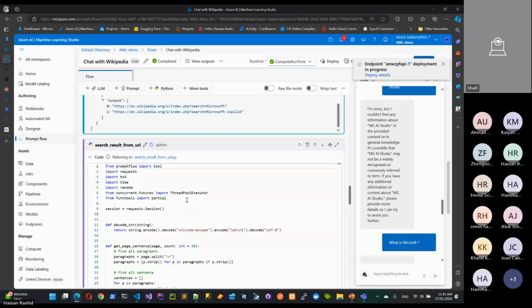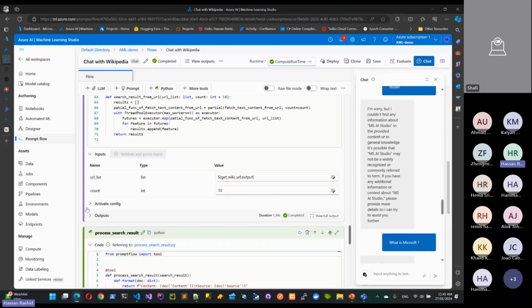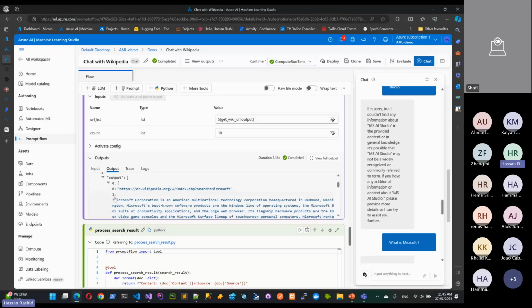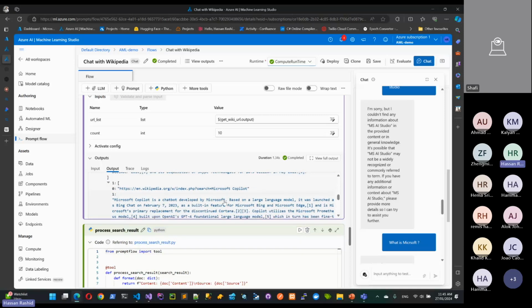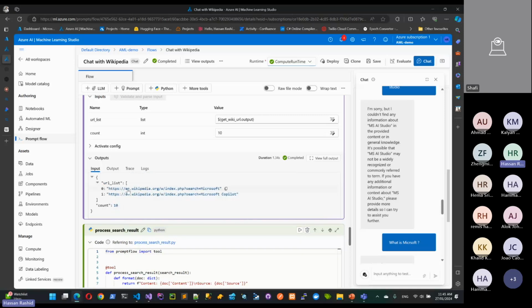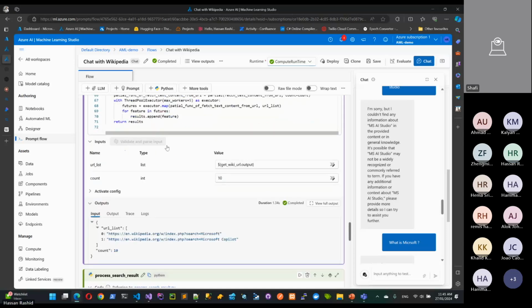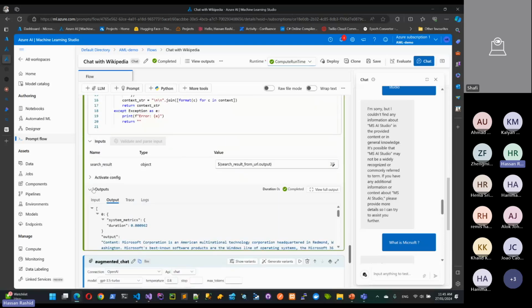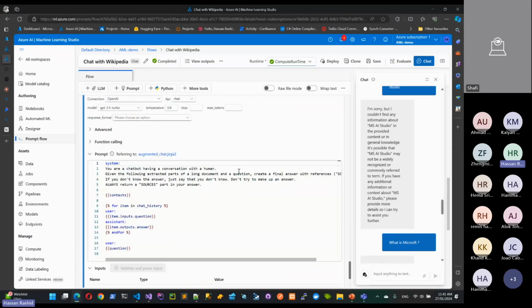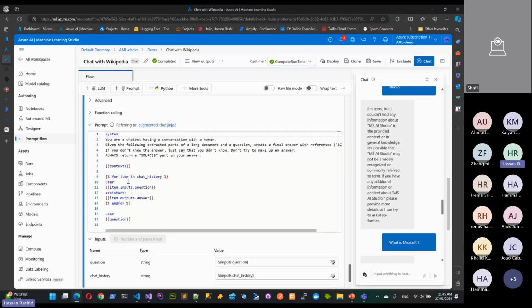And here this one is generating the URLs as output. For this URL, it went and took the whole, let's say, Wikipedia page and got it as content. For the second one, it did the same thing. Their input was the two URLs that came from the previous block. And you can see right now we actually have all the context, and it's going to have it as output as a context, and again send it to the final one. And the final one is basically getting the input,